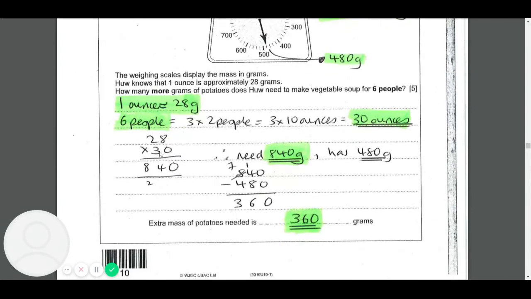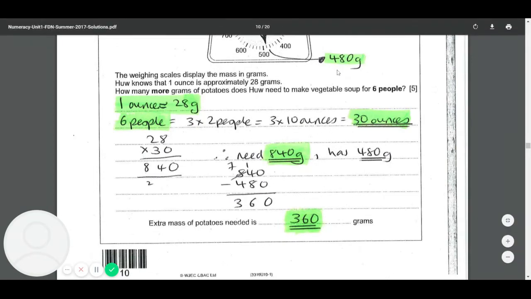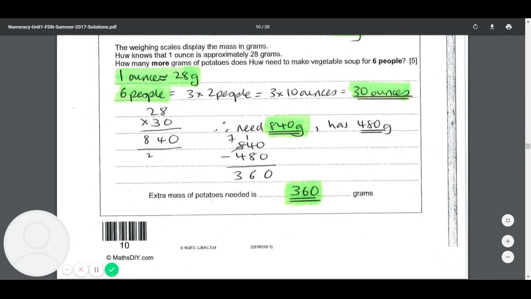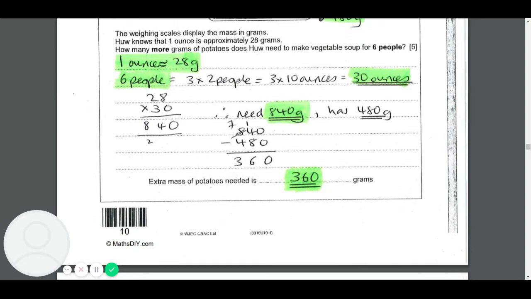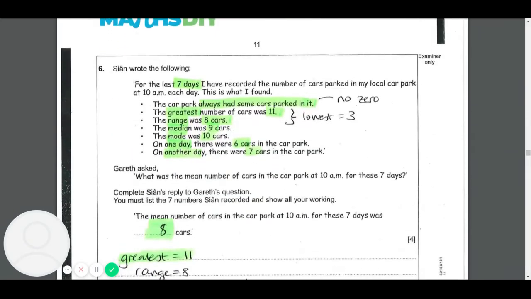He's got 480 grams there, but he needs 30 ounces. 30 times 28 gets you 840 grams. He's already got 480. So if you subtract them, he needs another 360 grams of potatoes there. 5 marks, lots of little bits of work in there. It's always a little bit confusing when you have to convert units, but just write things down that you know,